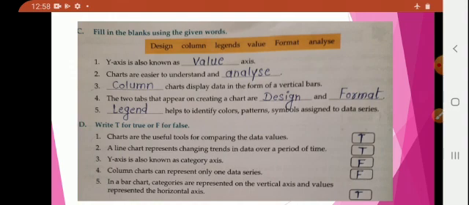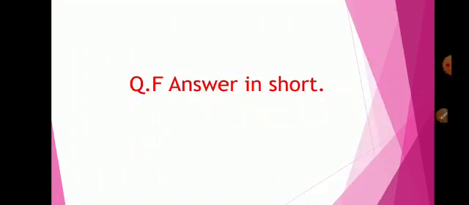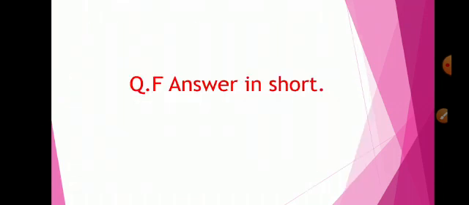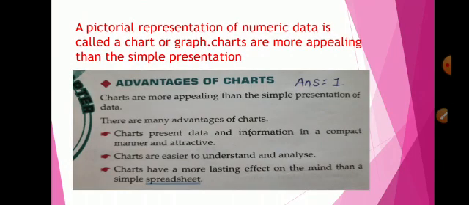Okay. Now next, I hope you have written everything. Now I am directly taking the answer in short. The last question means the detailed question. Answer in short, these question answers you have to complete yourself. For that you have to go through the chapter and note down the answers of these four questions. Only the grid line question, skip that. The other three answers you have to find out yourself.